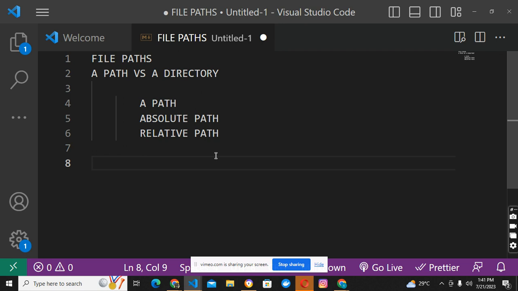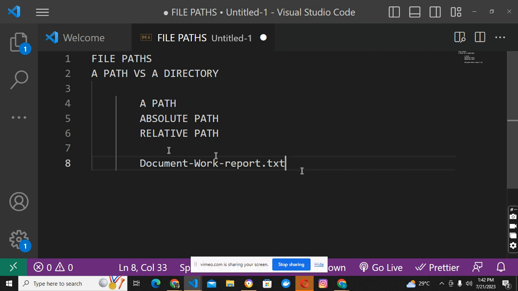So we have the document directory, then another directory, work, and then report.txt inside it. So in the work subdirectory, the relative path will now be,